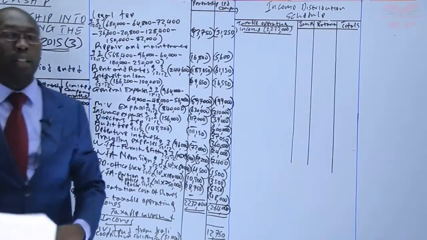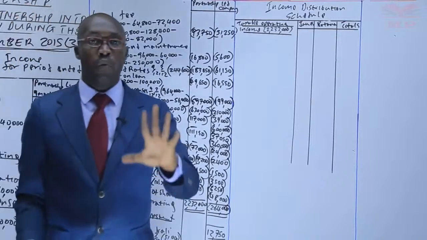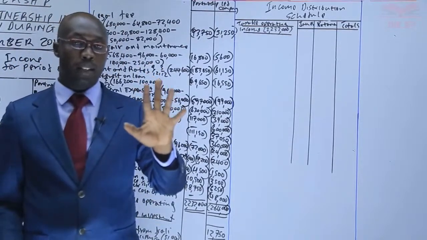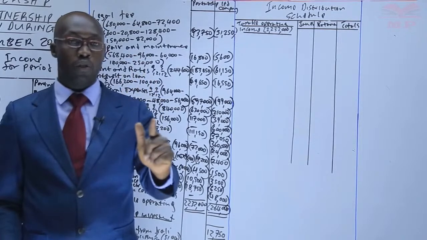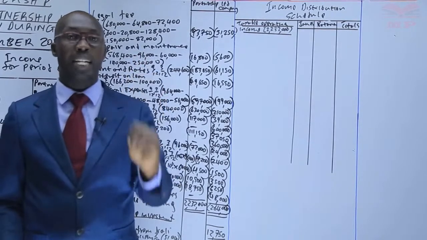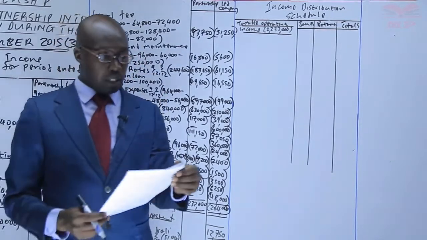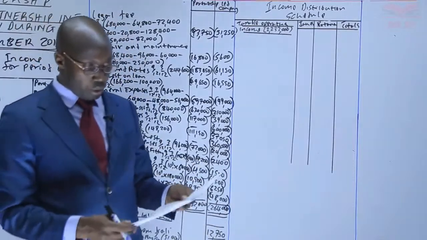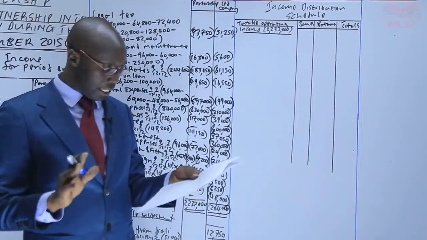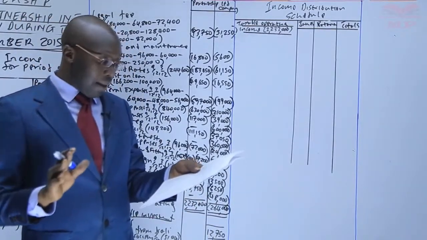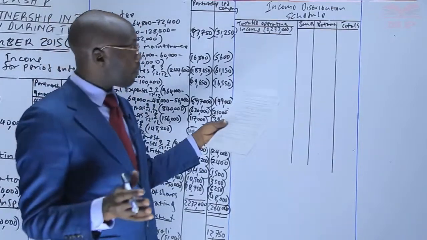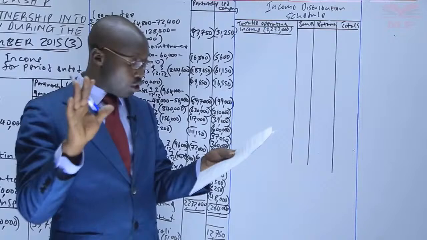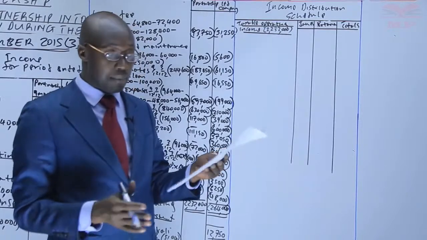We said in the income distribution schedule, we normally look for 5 items: the salary, the commission to the partner, interest on capital, drawings, and we deduct the interest on drawings. So we need to start from the top all the way down. We look for any one of those 5 items. Among the incomes, you'd expect to get interest on drawings, that is the one that we are supposed to raise. But in this case, we don't have that among the incomes.